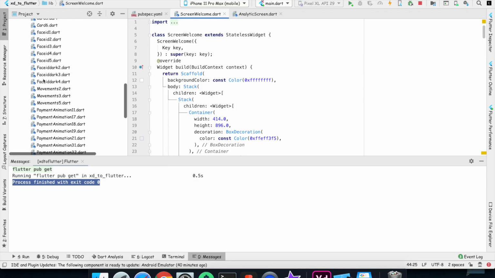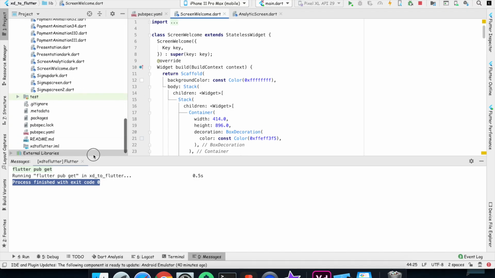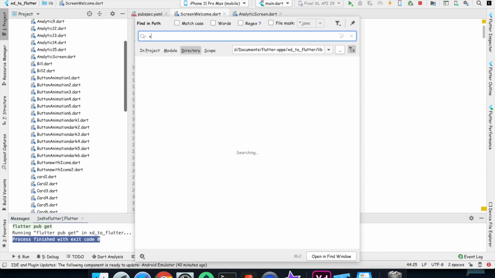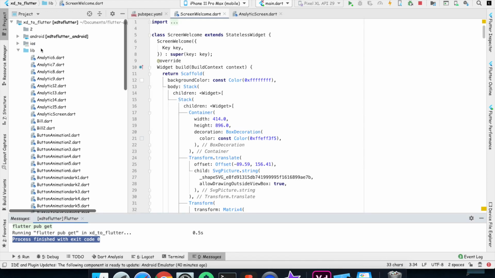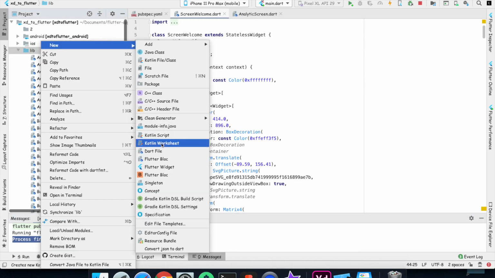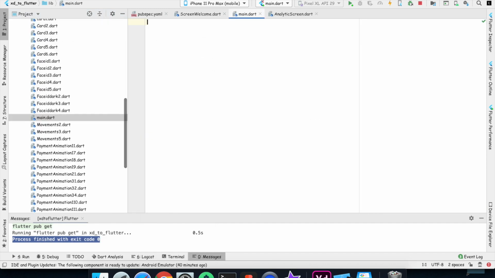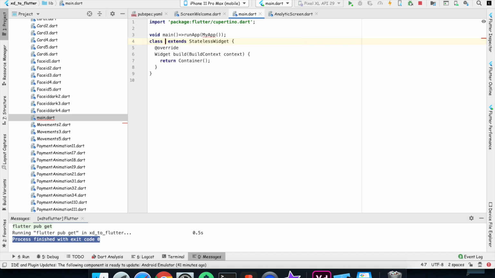The very important thing to notice here is that we don't have any main file, or any void main function. Right now I don't think Adobe XD is producing the void main file. So we will make that on our own. Let's do it: void main, and it needs runApp. runApp will take MyApp, or anything you like, and MyApp will be stateless.